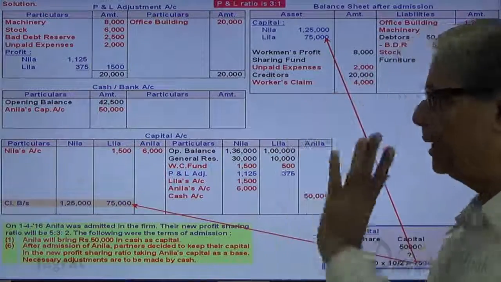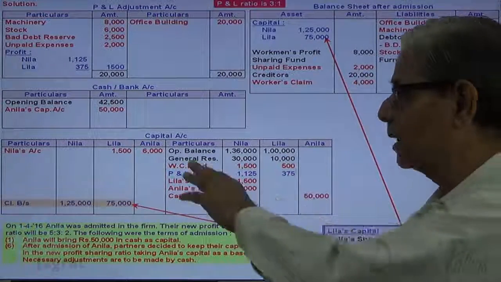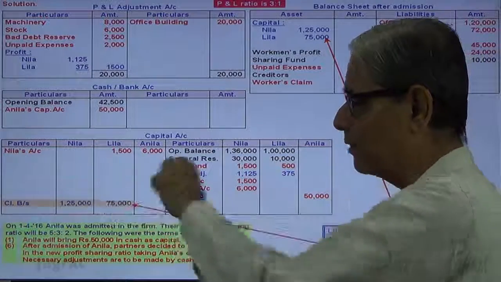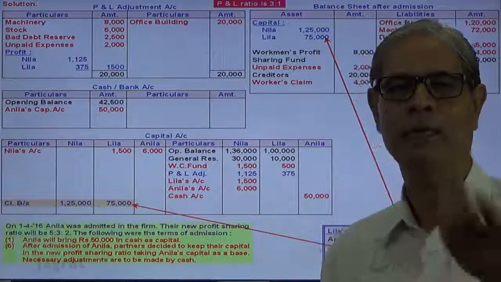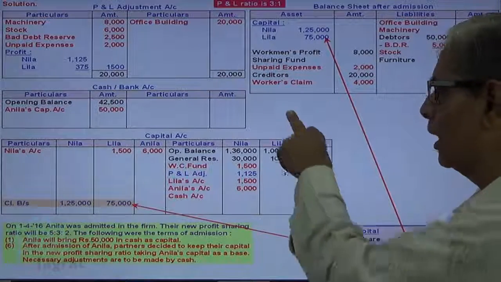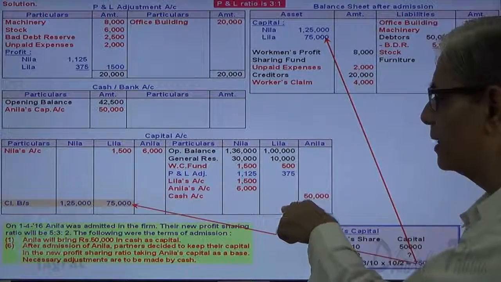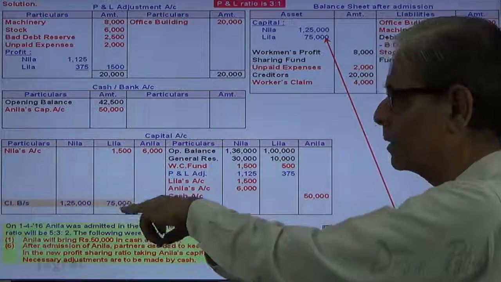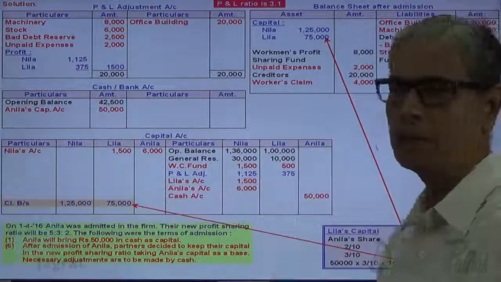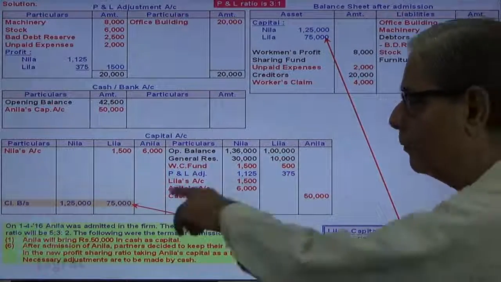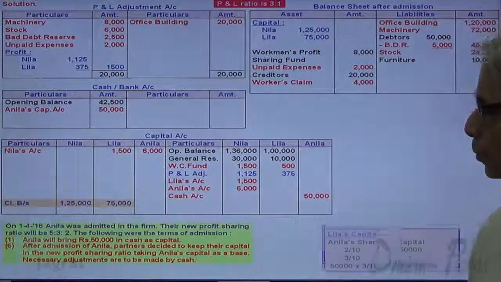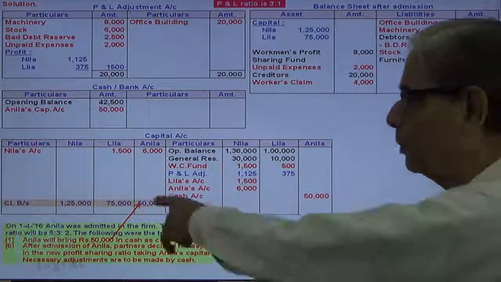Necessary adjustments are to be made in cash. So if there is an excess capital, capital will be refunded. So in case Neela's capital is in excess of 1,25,000, she will be given back. She will be refunded. Her capital stands withdrawn. Similarly for Leela, if the total capital that is there in this credit side is greater than 75,000, she will get the excess capital back. Similarly, Anila's capital balance is to be maintained at 50,000, and for that, if at all necessary, cash is required to be brought, she has to bring. So this is the capital required to be maintained.